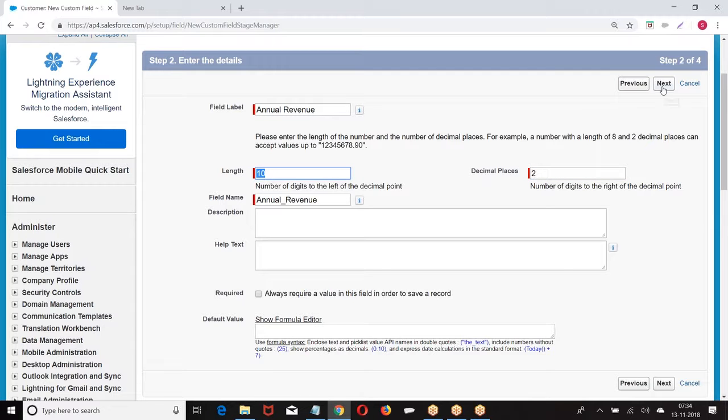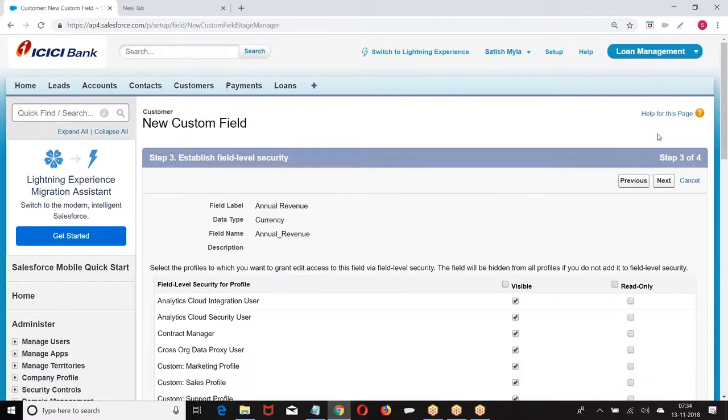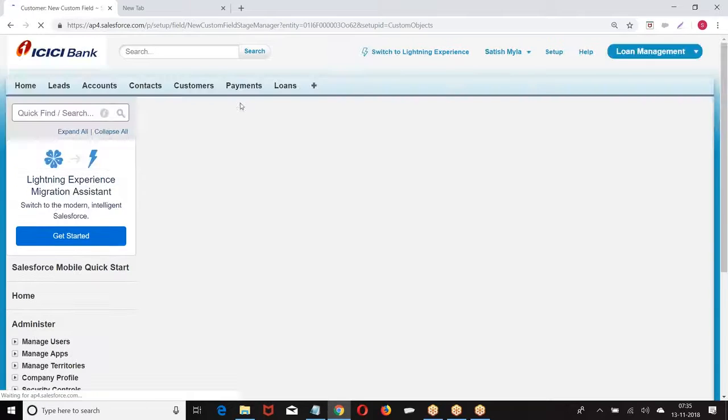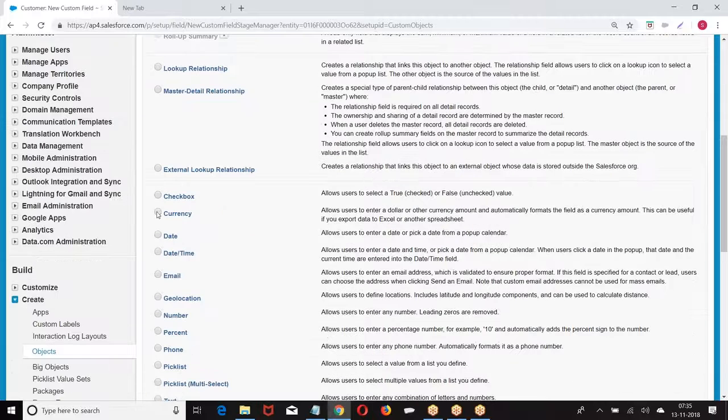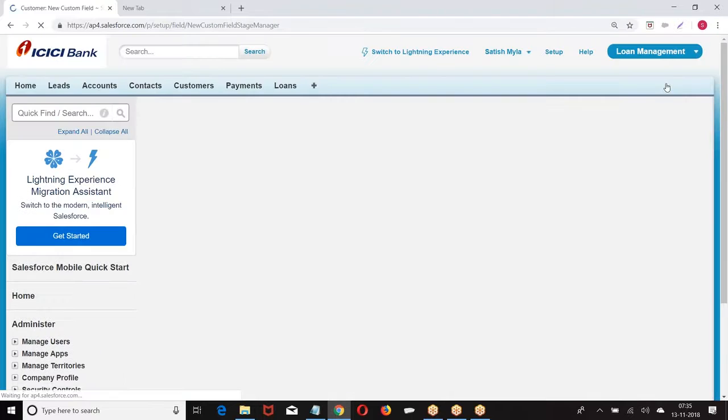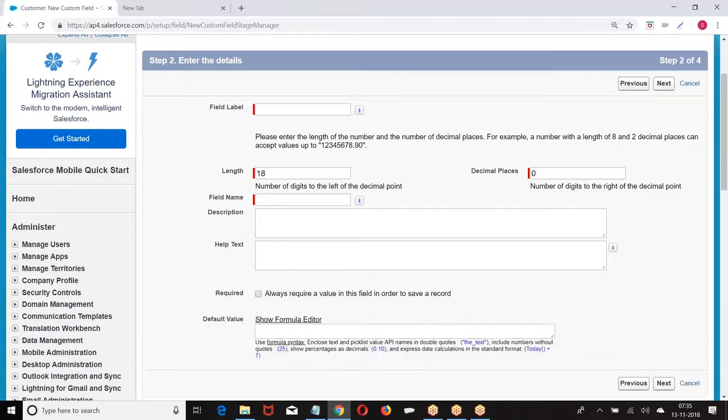Together we have a length of 12 characters. Then I have salary. If it is a person, I will not ask annual revenue, I'll ask your salary.